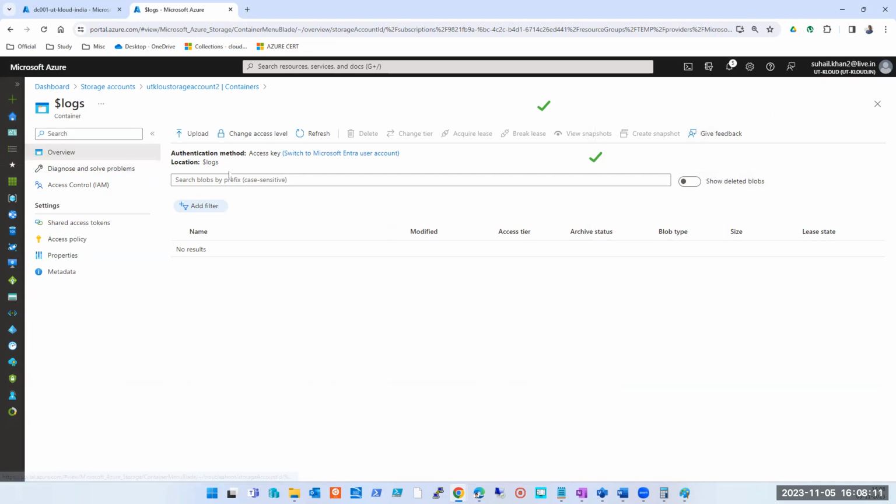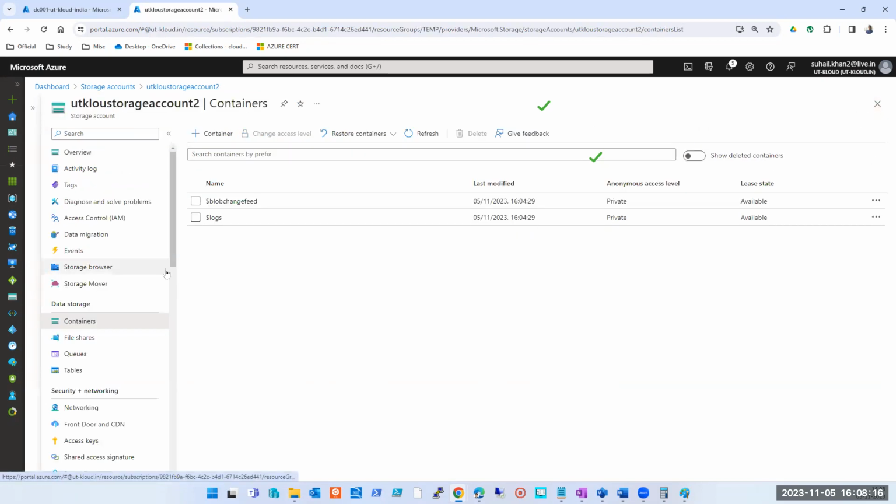I'll put some questions and give you some tasks to create storage accounts. I will give you the parameters. Just make sure you use all the parameters correctly, create the storage account, and let me know. I'll check and then I'll delete it.